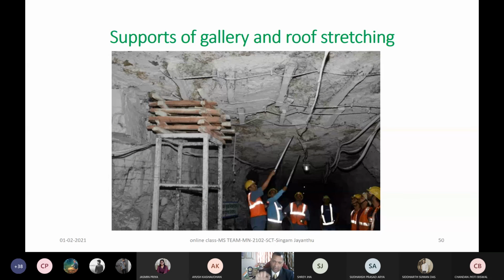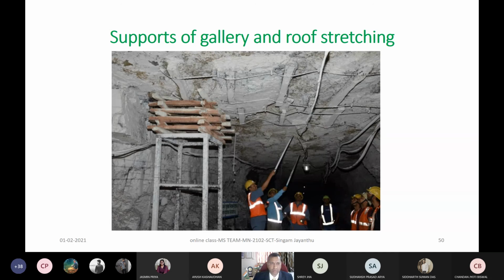Even if there is a failure like cutter roofs, slips, that also will not allow it to fall, because it is reinforced with the tie rod, which is tension, and also roof boards, which are also tensioned, so that all this part is under compression. When any material is under compression, and compressive strength is 10 times more than, you please note down, the tensile strength of general material, my beloved students. So that is the reason why